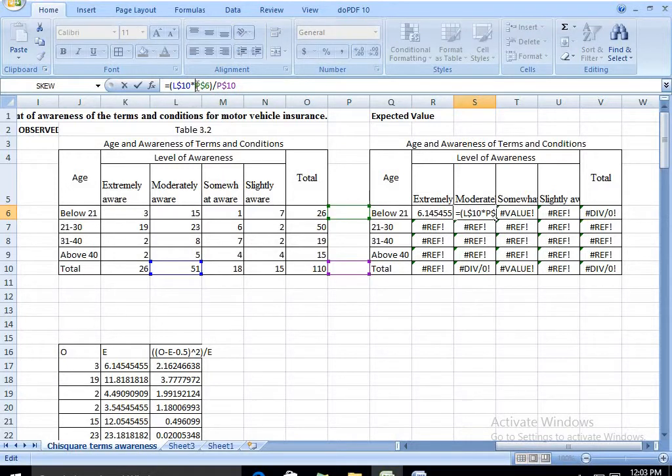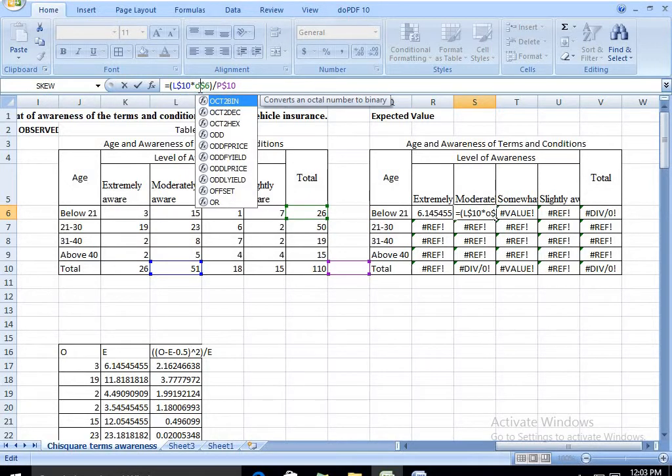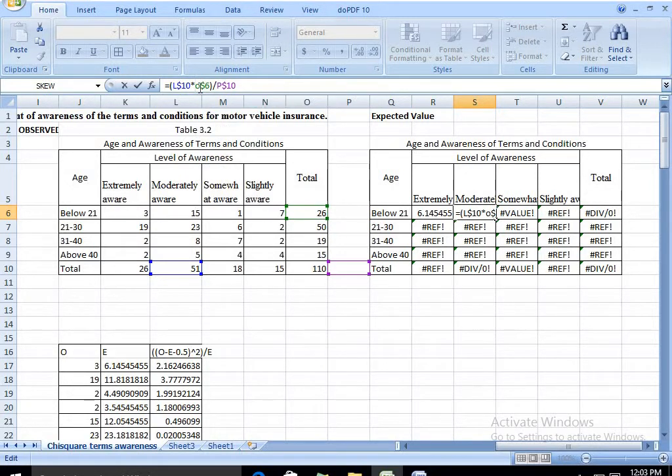This also needs to be changed. The column also should be constant.